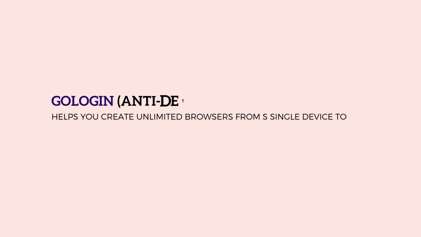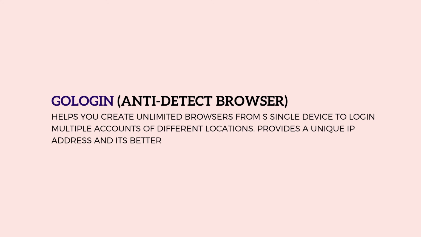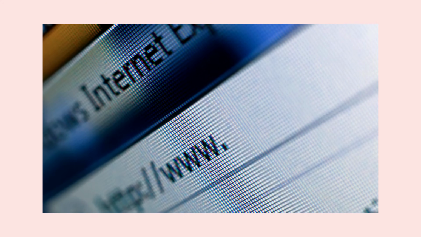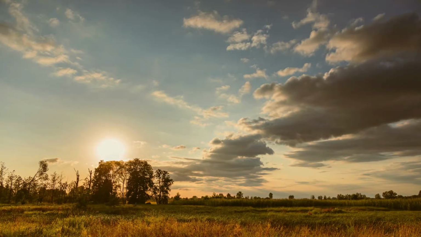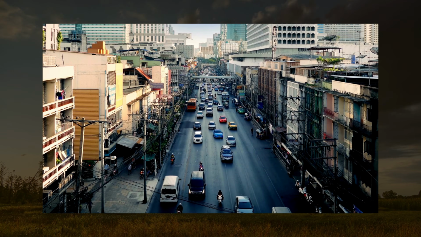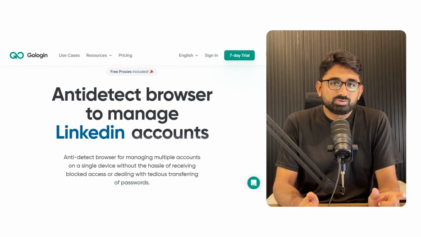And if you want to run ads for your business by sitting in a third world country, you need to get a specific IP address using the anti-detect browser, which can help you to target a specific audience, because all of the social media accounts track your device data and your IP address. So if you are not located in that specific country, you can use this anti-detect browser, which will help you